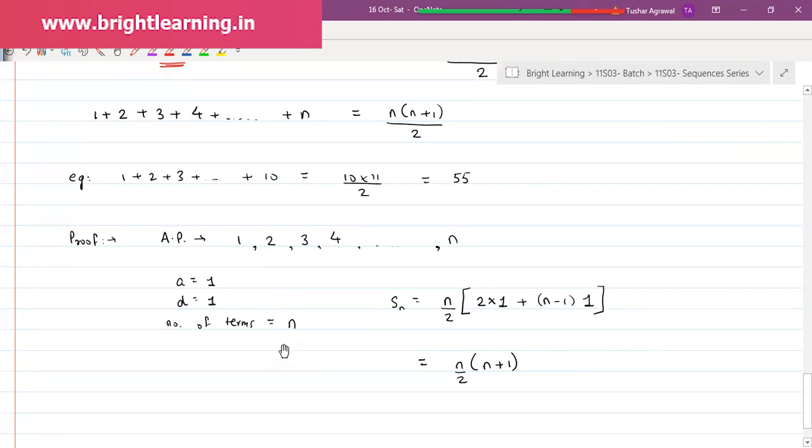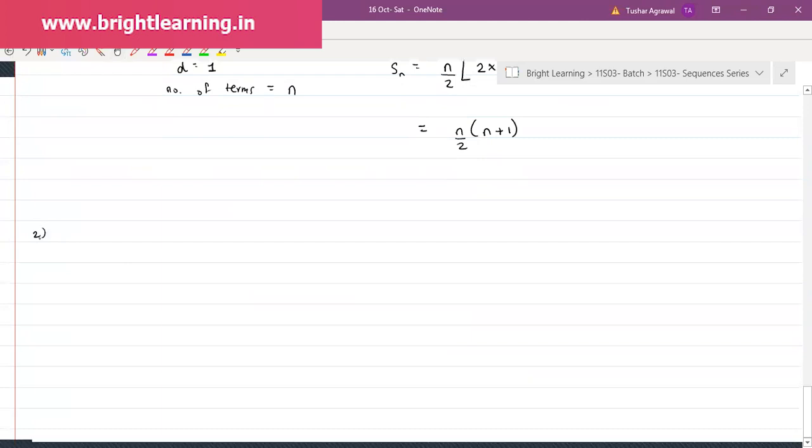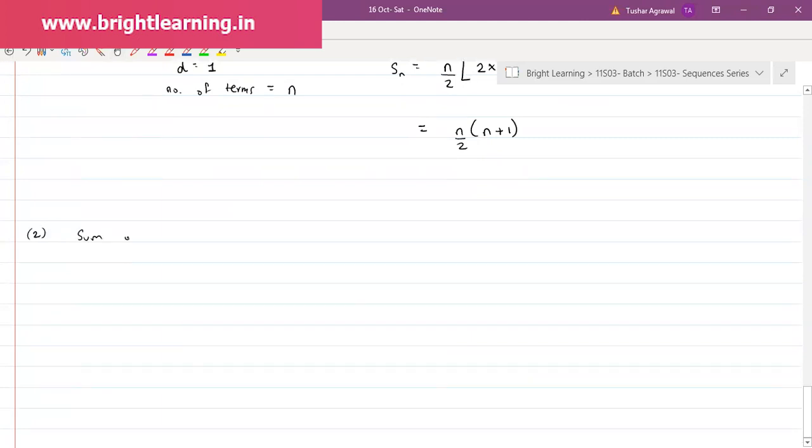So this is the first property, the first standard sum that we have. Second, the sum of the first n odd numbers is given by n square. So if I tell you, let's say, 1